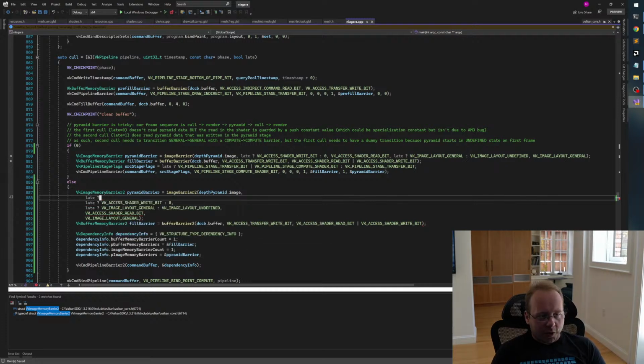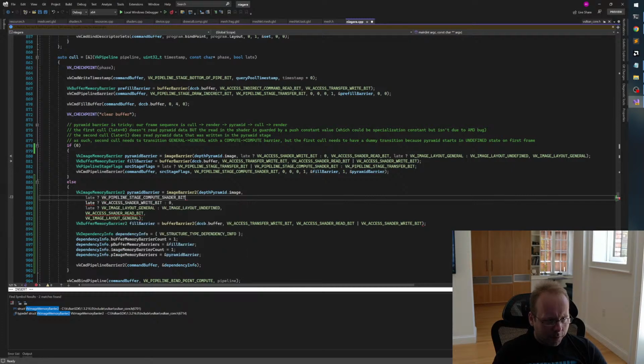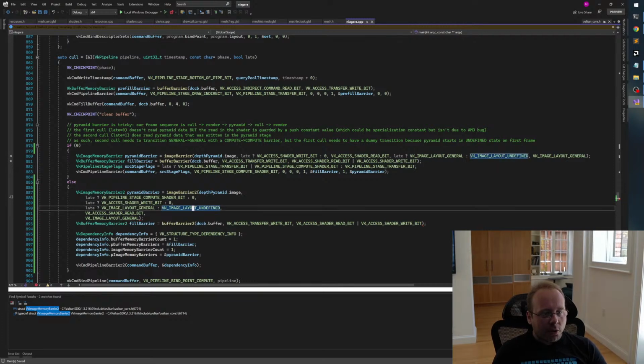We are saying that for this pyramid, we have this weirdness with 2 passes, but in the second pass, we have a compute shader pipeline stage compute shader bit. And otherwise it is 0. Can you do, probably? Okay, let's see if this works. So